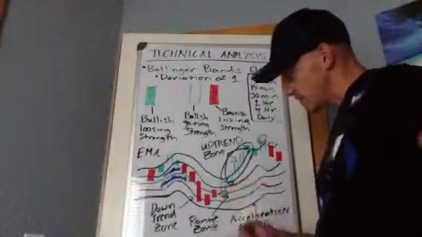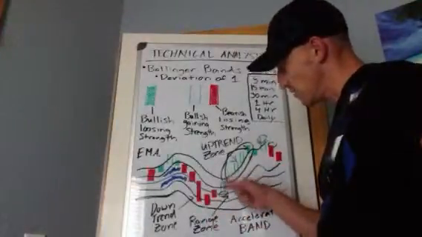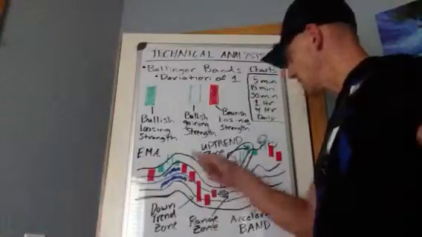So as you can see here, though, you got a range zone. That's what a range zone is. It's when your candlestick starts right there next to the moving average,